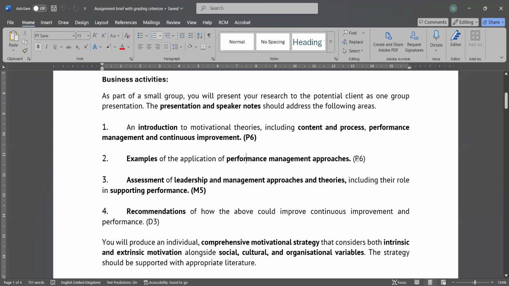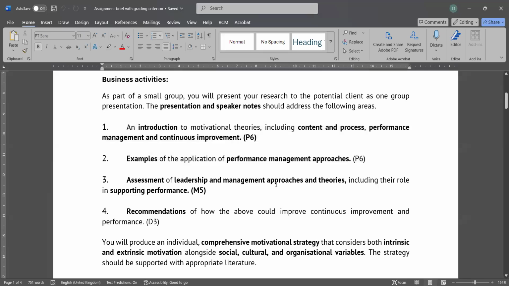There are different approaches we use, but you will use them in different business environments. Maybe you can take the example of two business situations and tell how we use them in different business environments and how they can be helpful. So for P6, you have to do these two parts.